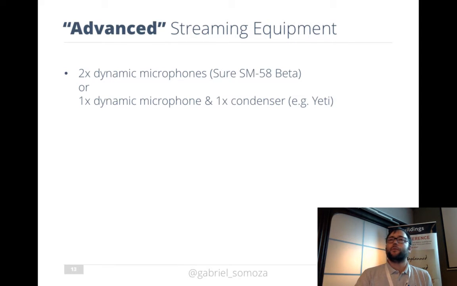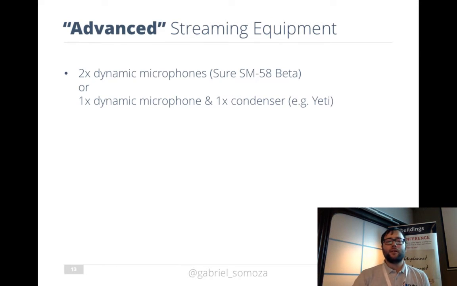and they're also really cheap. You can get some for like 30 euros, and they're still really, really good, especially if you're just streaming a meetup. Even for 30 euros, if you invest in that, you're going to have a microphone that is so much better than your laptop's. There's no way you can compare that. I mean, if you ever heard the difference, you would never go back. Sometimes you can hear the difference if you hear a podcast and the guy that's podcasting has a good microphone and the other person is on Skype. You can hear that, right? Okay, so that's that. So two dynamic microphones, or one dynamic microphone and one condenser microphone.